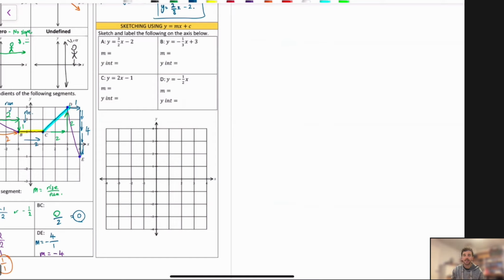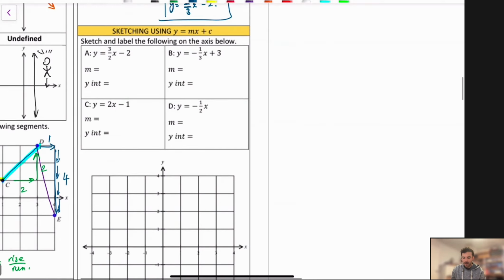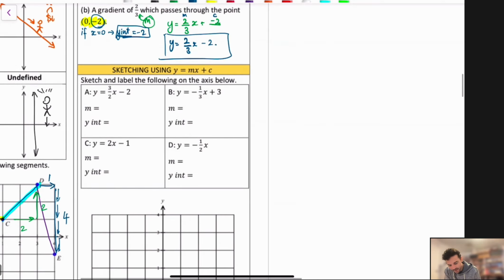In this video, we're going to be looking at sketching linear equations, but also finding the equation of a line from a graph. The first thing is we're going to learn 2 strategies for sketching. The first one is using y = mx + c form. Then we're going to be sketching using the x and the y intercepts. So here we go. We may remember y = mx + c, where m is the gradient,